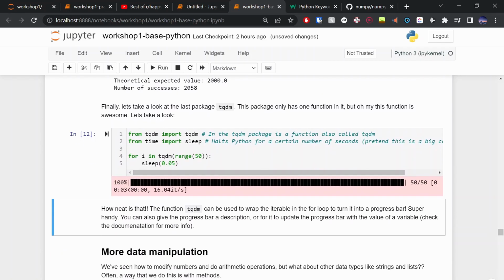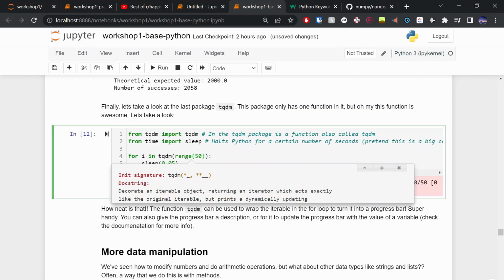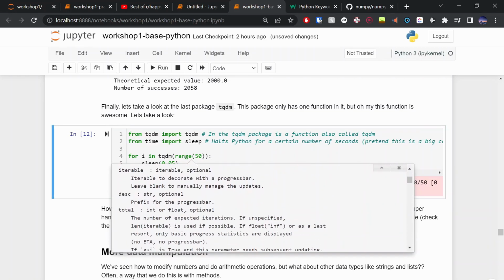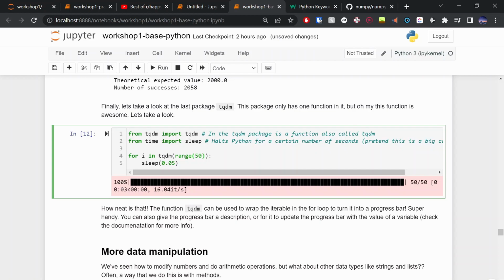So if we have a simulation that we're running and it's taking a while, just wrap it in TQDM, run that cell, and go grab a coffee, and you can see how it's going, right? And it's so simple to use as well. Look at that, TQDM, you just wrap it around whatever your iterable is. And if you want, maybe you want to add some more things to it, you can set the description. So if I put desc here, we can do my simulation.